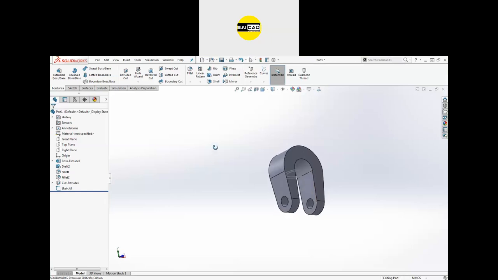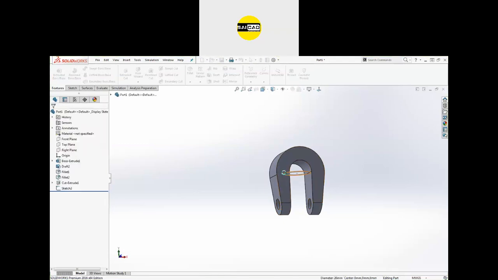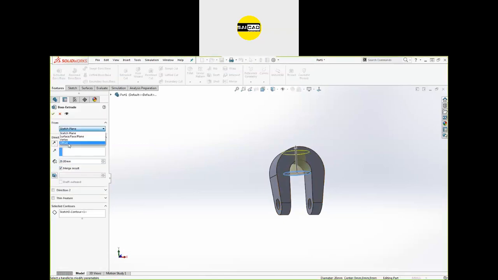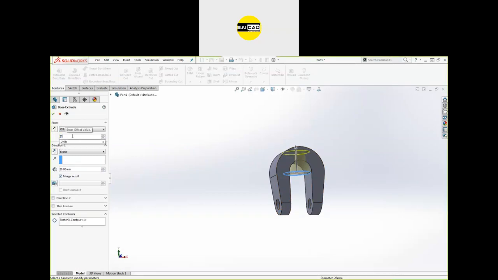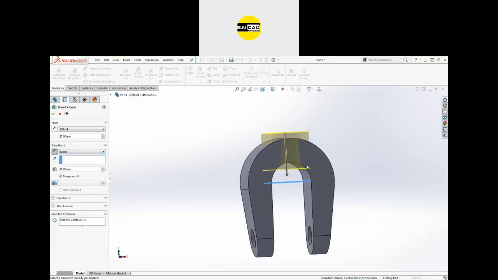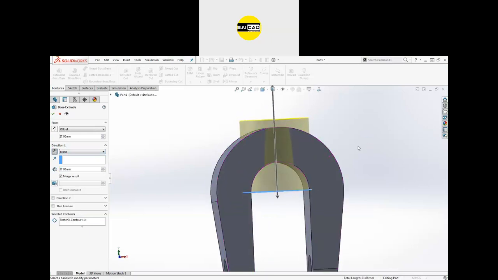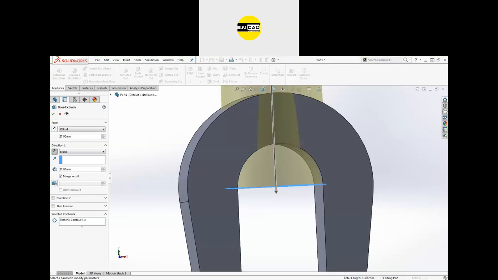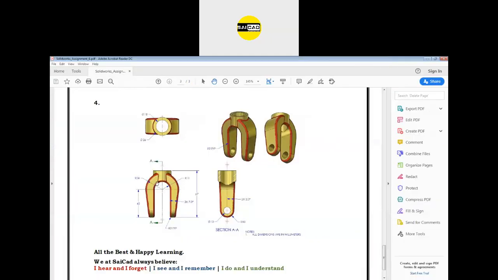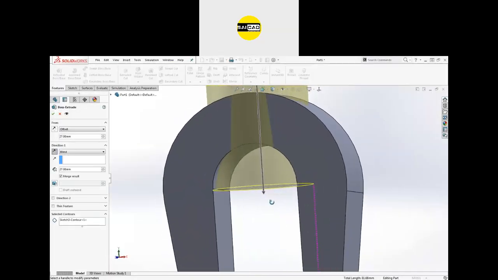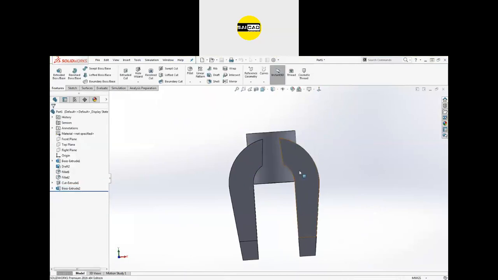Okay, for that we have to go to the extrude here. Use the offset of each urban. Let's go to some lines and create it something like that. Okay. So if you see the drawing, we need this to be only up to this point. So we can just extend it like that. Click OK, and we can just cut it out from extrude cut.